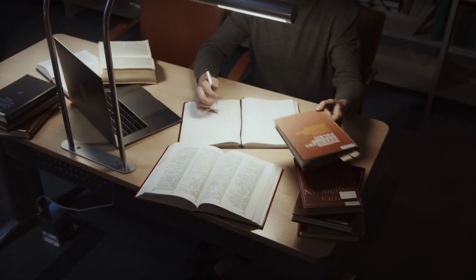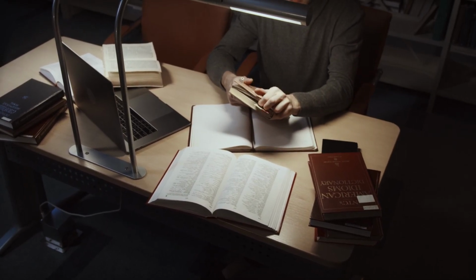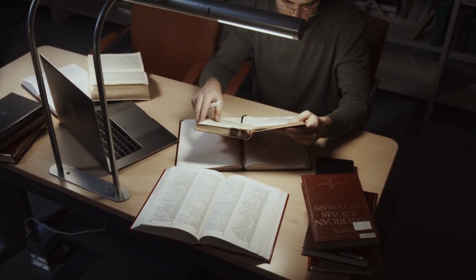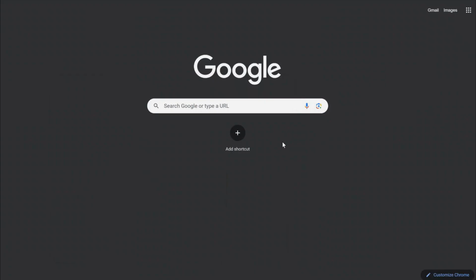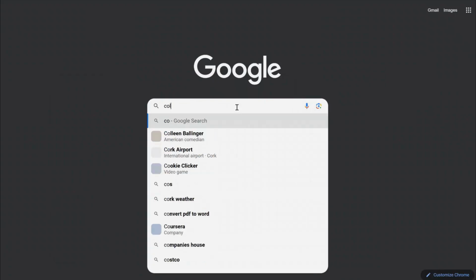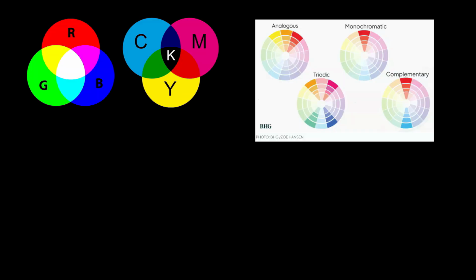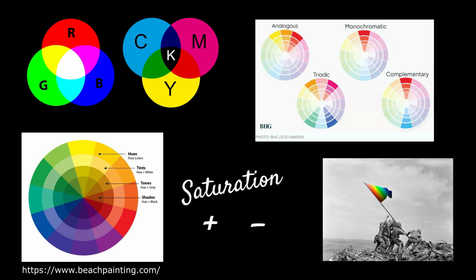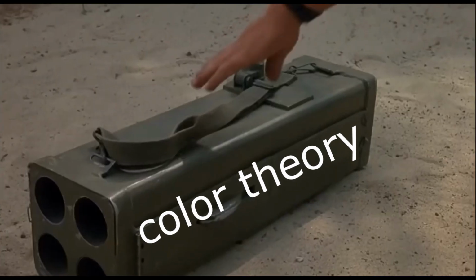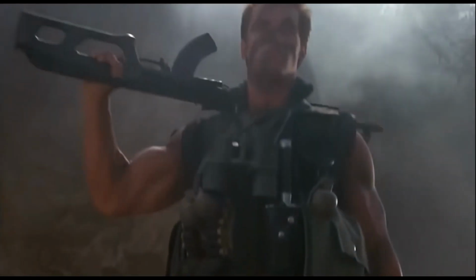One of the things I regretted not doing in my previous attempt at making a color picker was not learning color theory beforehand. So this time, that was the very first thing I did. I went on the internet and searched up color theory, and I learned about the different color models, color schemes, the difference between hue, shades, tints, and tones, fancy terminology like saturation, additive and subtractive, and even the history behind it all. After gathering all of that information, I decided it was finally time to start the color picker.